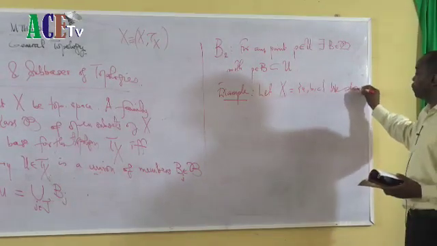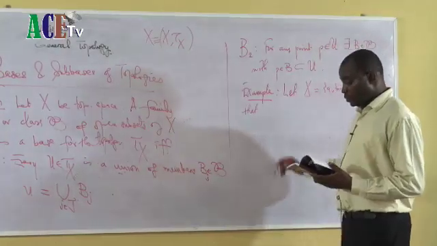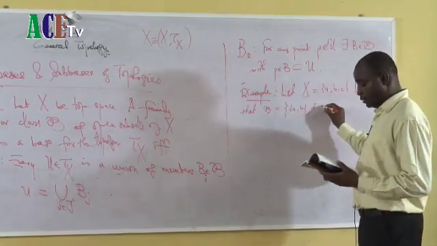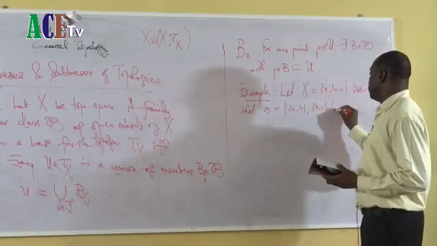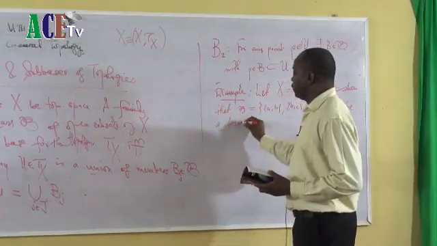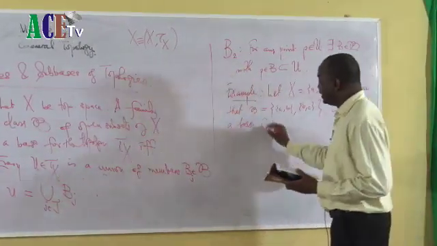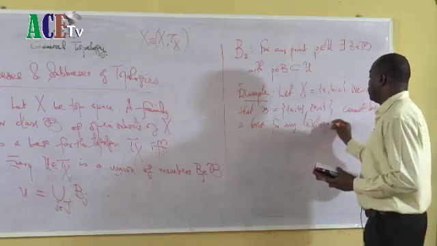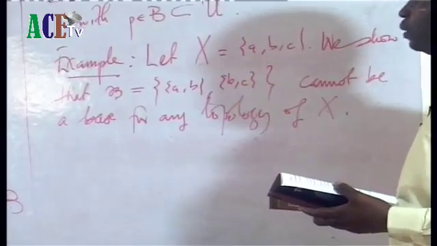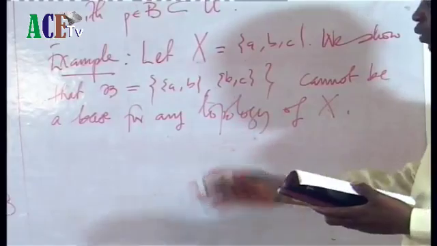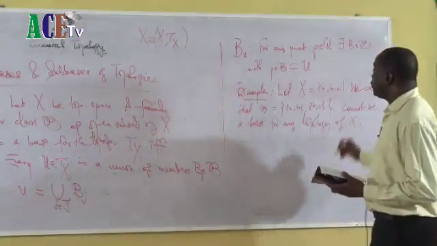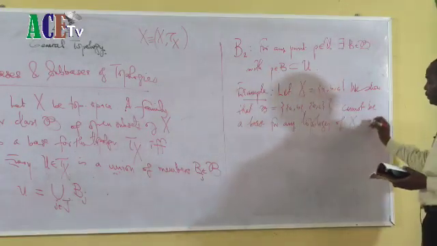We show that curly B here, which is made up of the pair AB and BC, cannot be a base for any topology of X. So we want to look at the axioms to make this proof. Now, if curly B here must be a base,